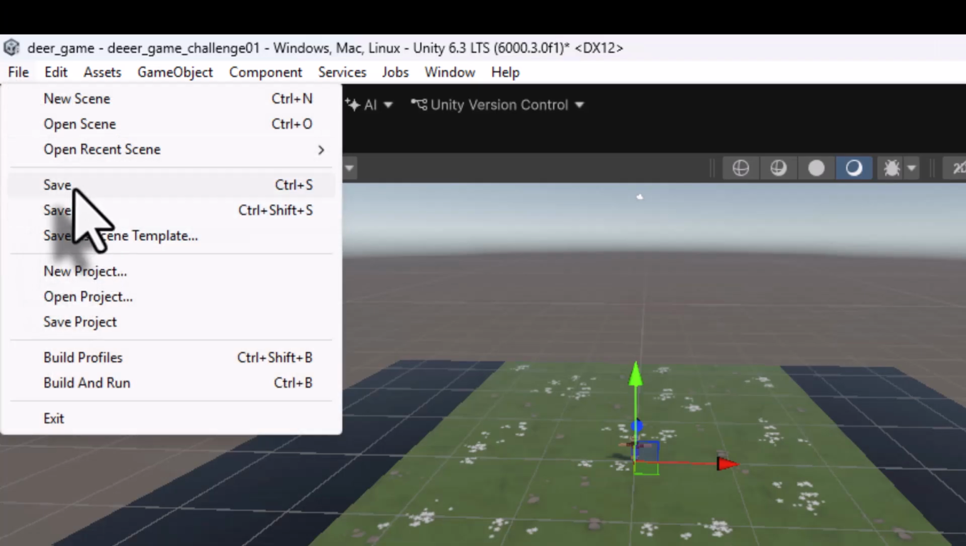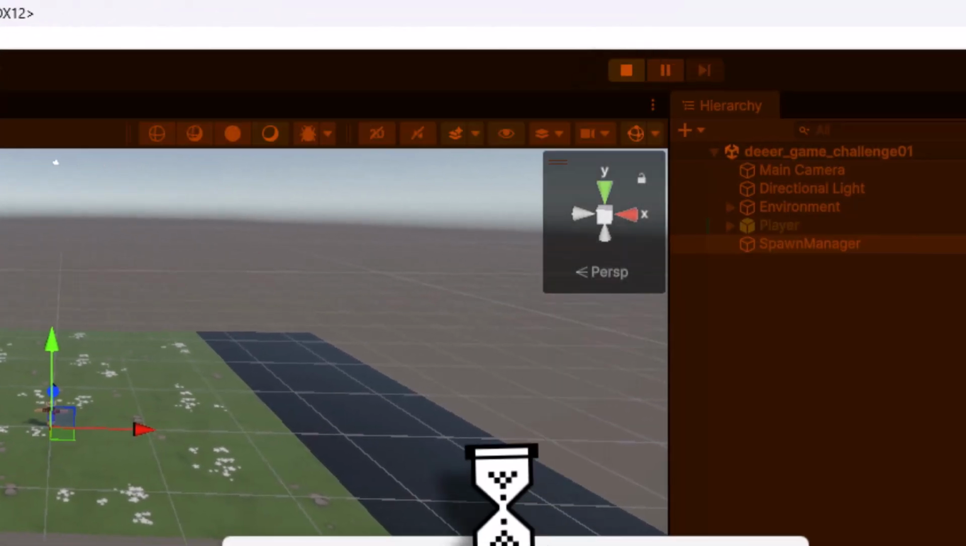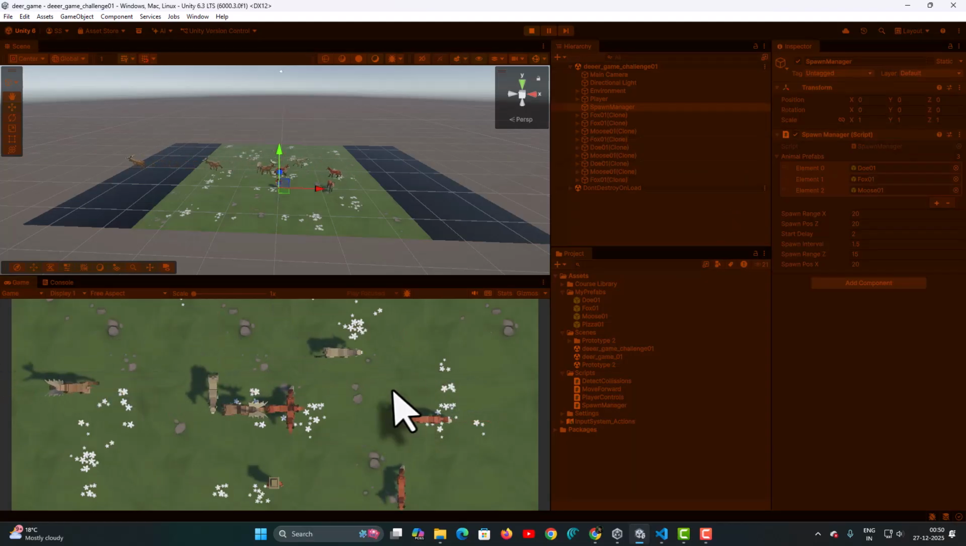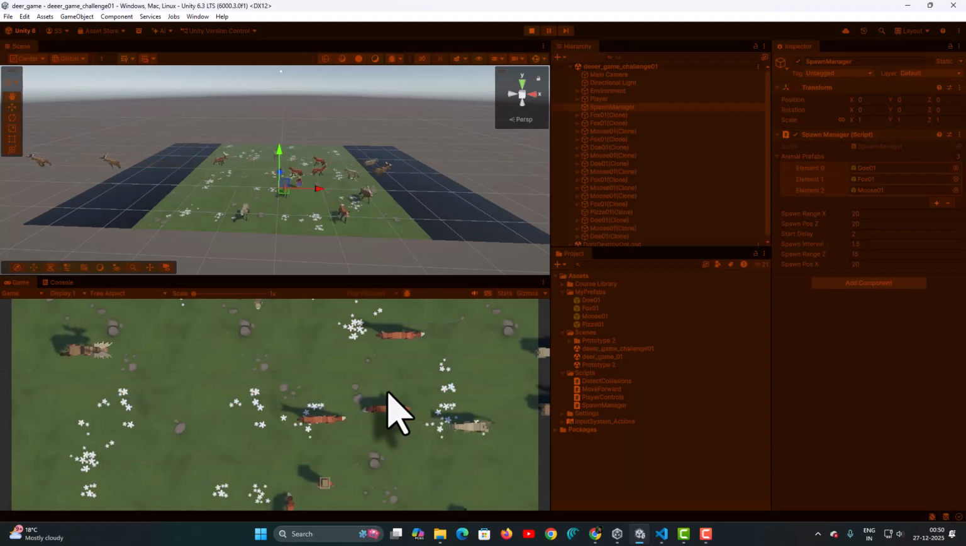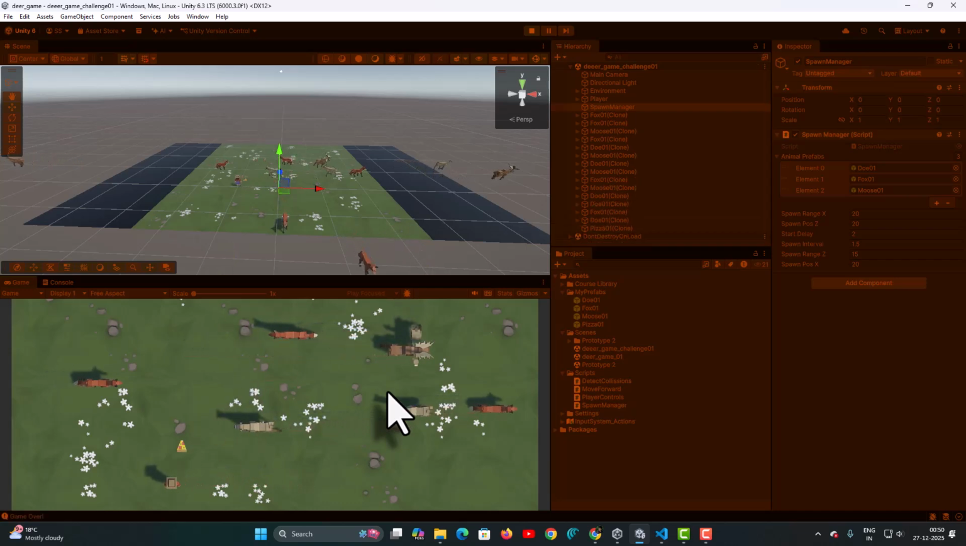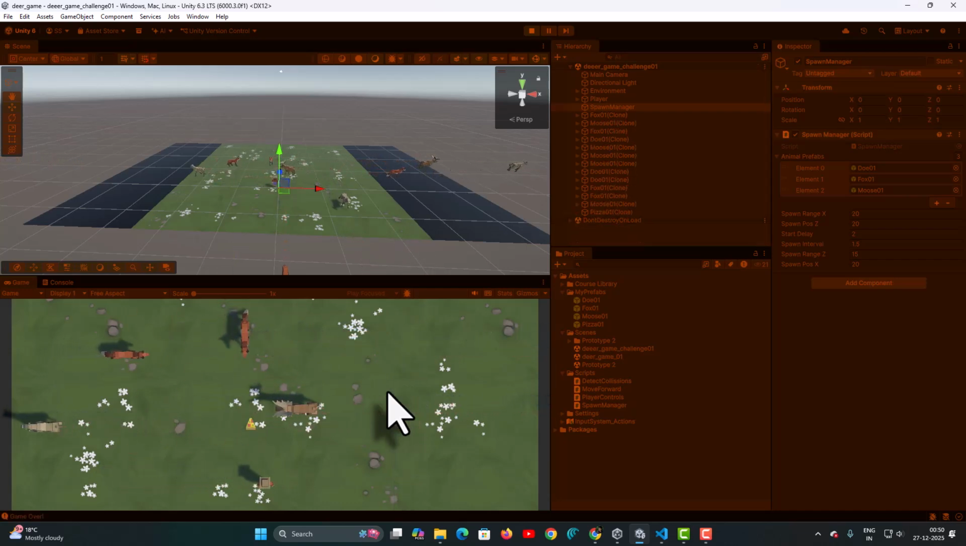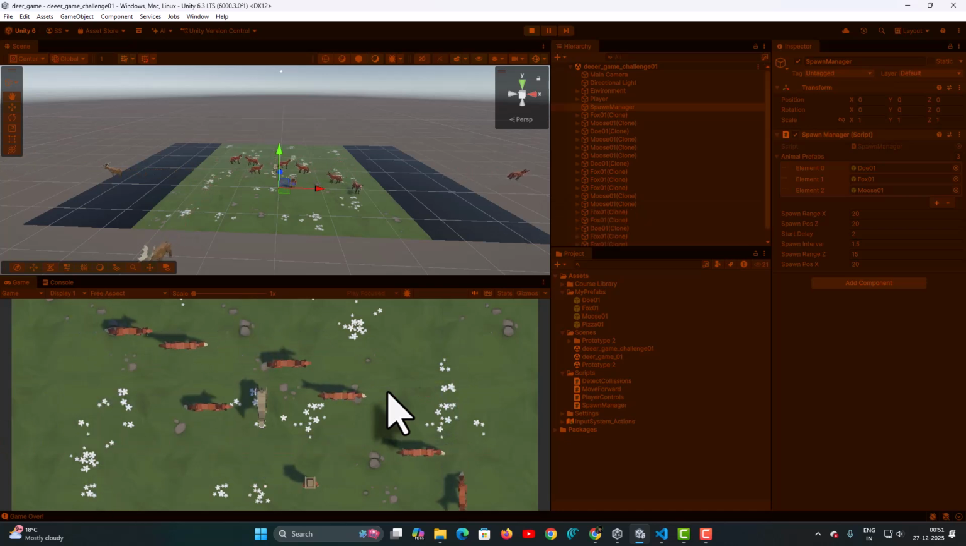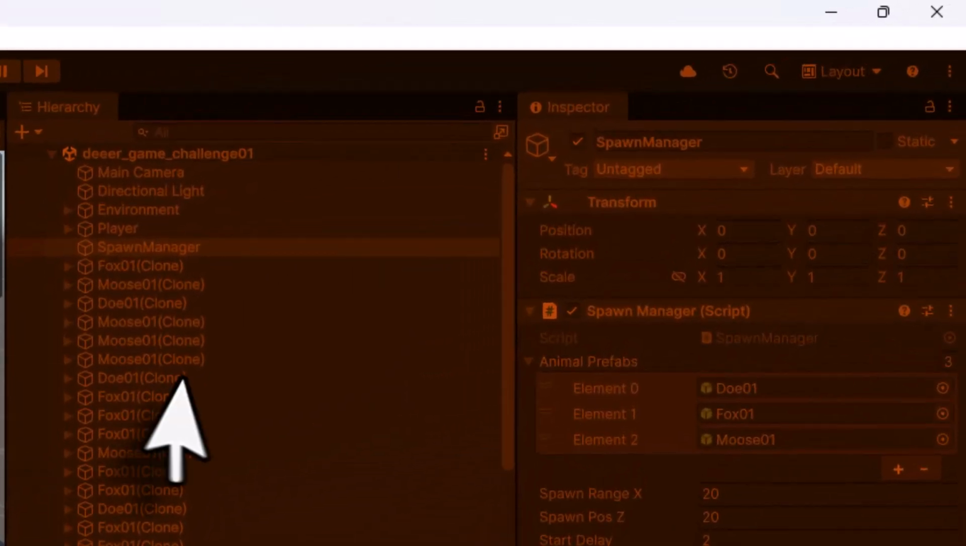So I will go to File, save it, and now if I play the game and check it, the animals are coming from all directions. I can move the player, fire the food, and I can feed them and make them happy like this. So our second challenge is complete, but